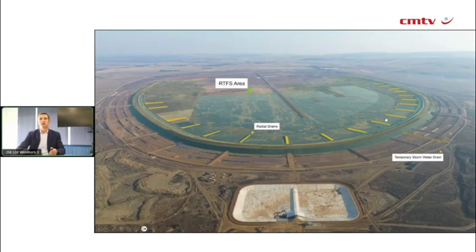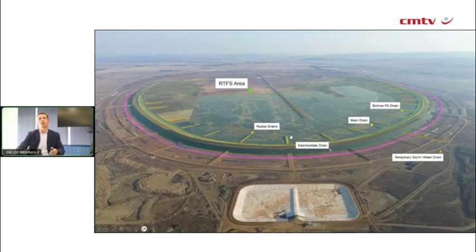So the radial drains, those are the first set of drains. They go into the basin of the RTSF. Second set of drains is the borrow pit drain. That's running around, it's indicated by this green line, running right around the tailings dam on the inside of the starter wall. You then have your main drain, as indicated by this yellowish color. And as the name suggests, that's the main drain that recovers the majority of your water from the inside of the basin and the floor of your tailings dam. That's followed by an intermediate drain and a toe drain.